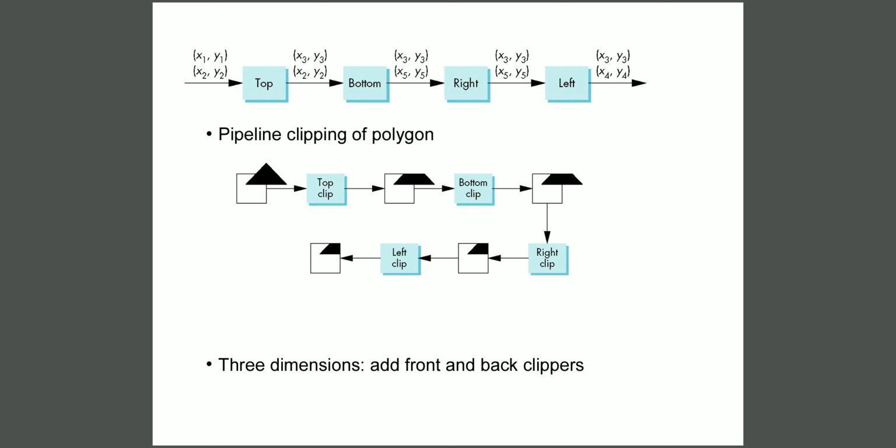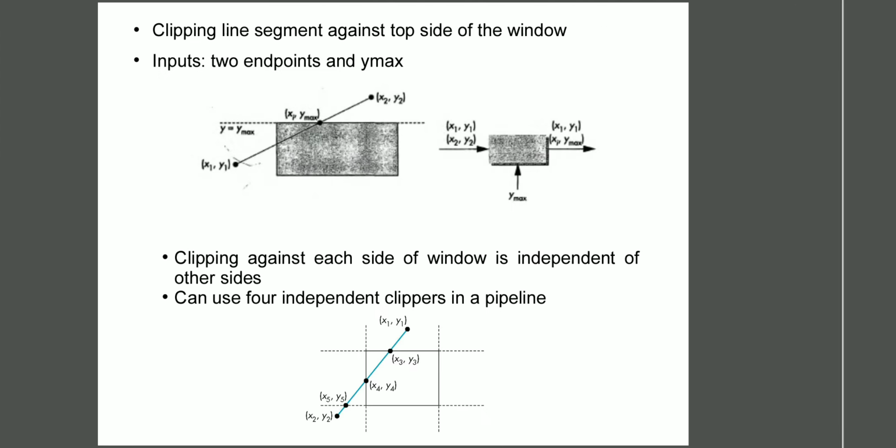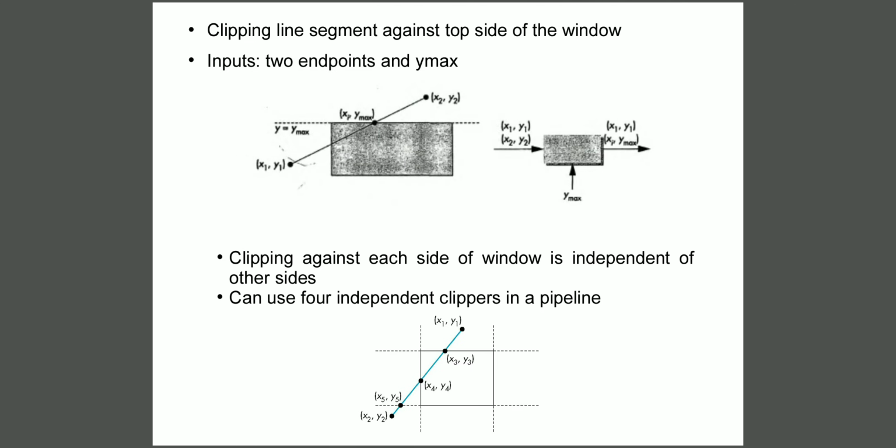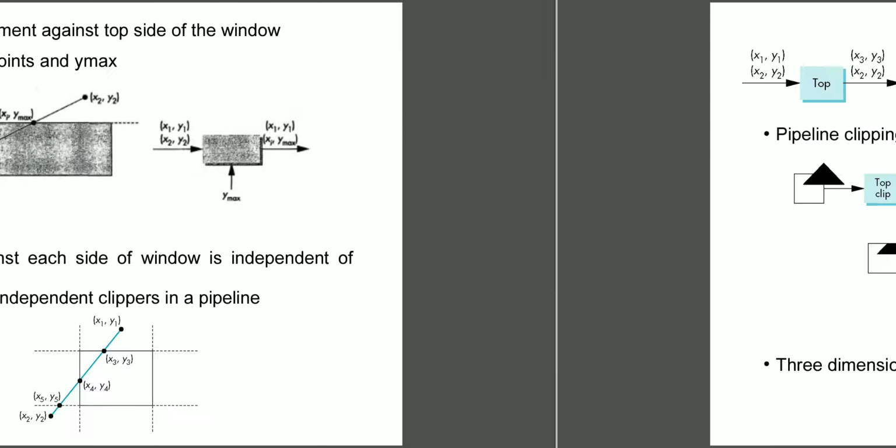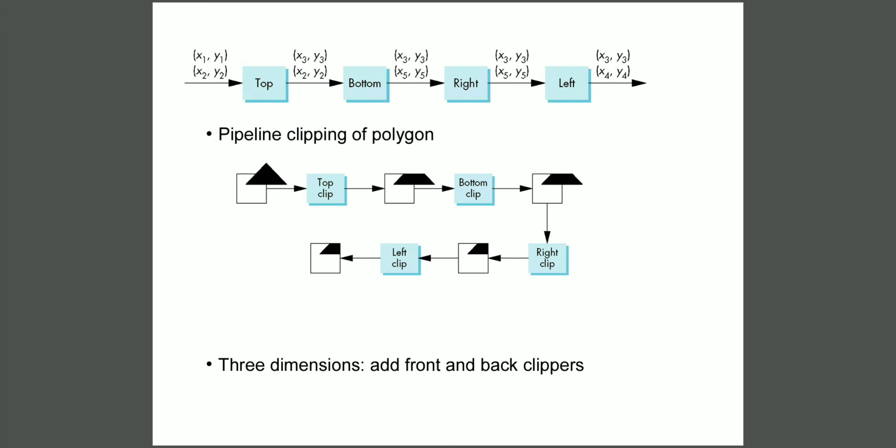In the same way, the output from the top side clipper is given as an input to the bottom side clipper. When it performs the clipping operation, we observe the line segment is again going beyond the y minimum value. So it needs to calculate an intersection point, and that intersection point is x5 comma y5. The line segment between x5 y5 and x2 y2 needs to be removed because it is not visible to a user. So the output of the bottom side clipper will be x3 y3 and x5 y5.